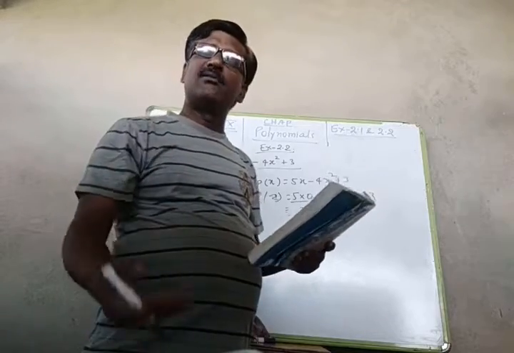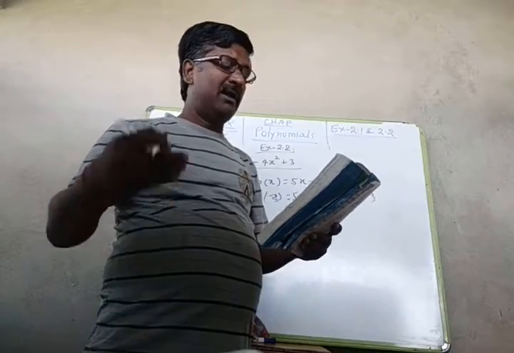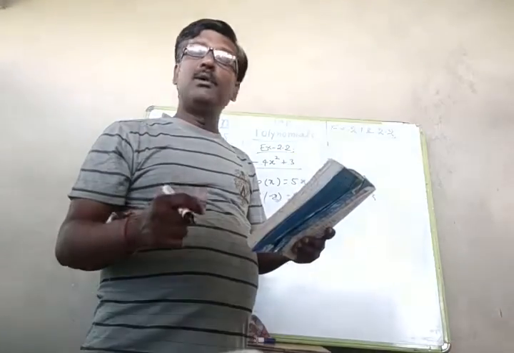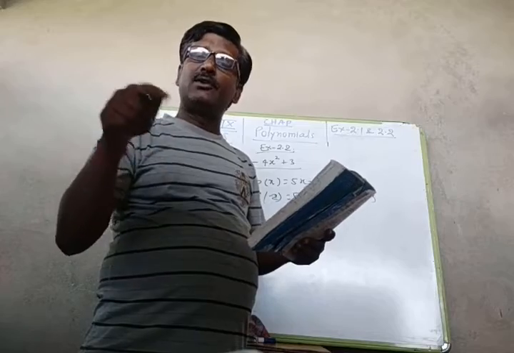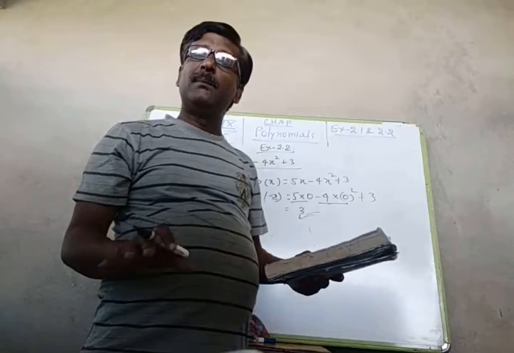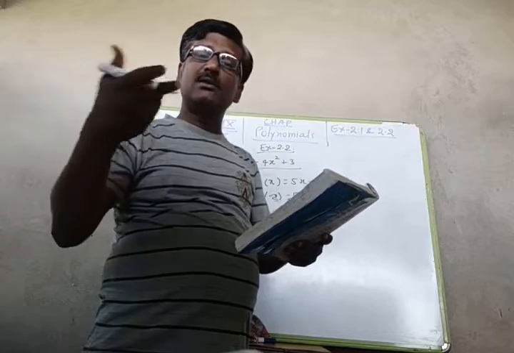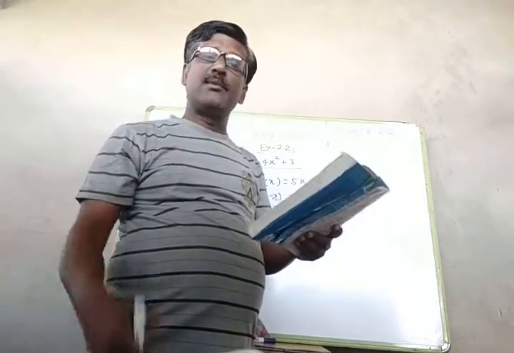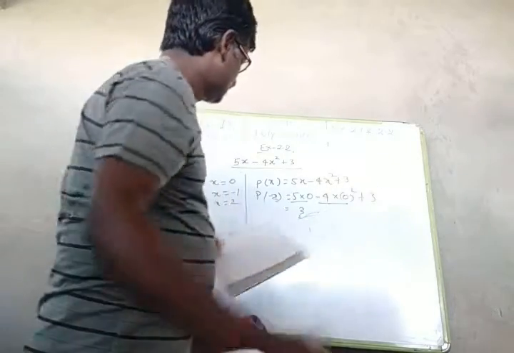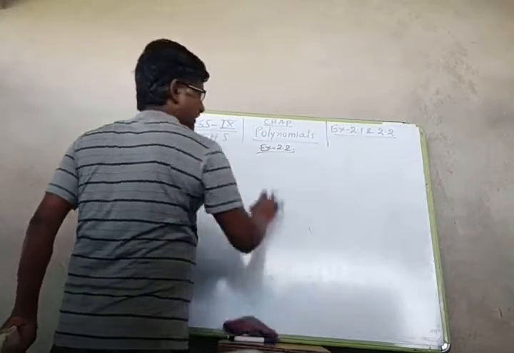So in question number 3 of exercise 2.2, the question is given P(x) is equal to 3x plus 1, and the value of x is given as minus 1 by 3. So in that polynomial, in place of x, we have to put minus 1 by 3. And by solving, when we get 0, then we can say that number is a zero. If 0 does not come, it means the given number is not a zero of the polynomial. The last question is question number 4: find the zeros of the polynomial in each of the following cases.